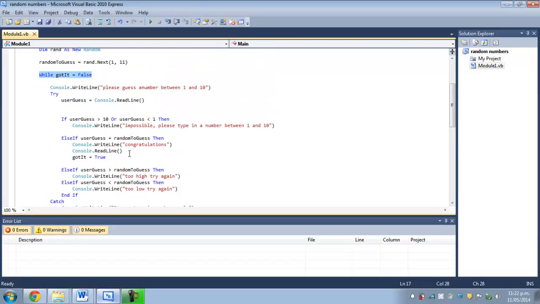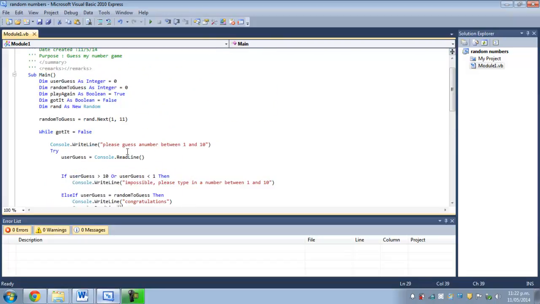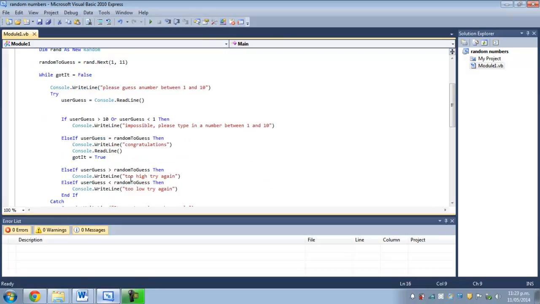Another thing we can do here is ask the question of whether they'd like to continue or not. Play again is equal to boolean. So we're going to do either another loop, or we can ask the question in here, which says just change got it back to false. Okay, so here what we can do is say